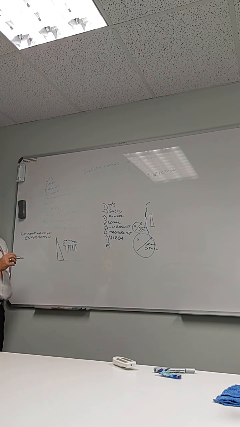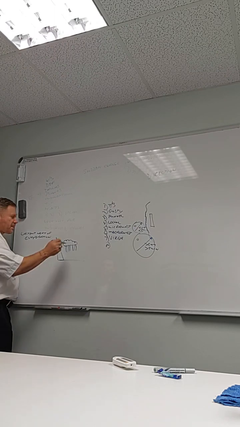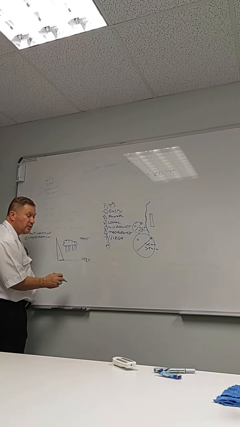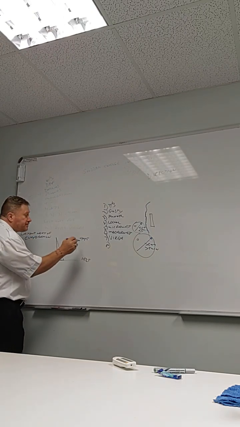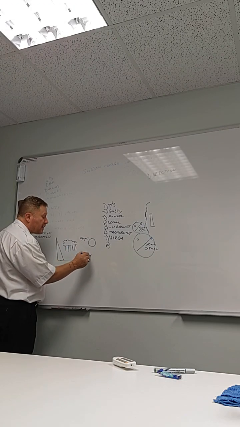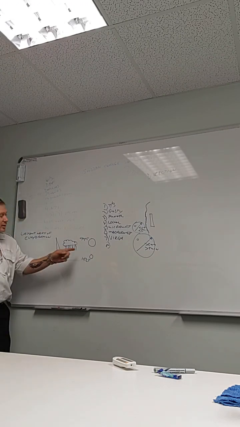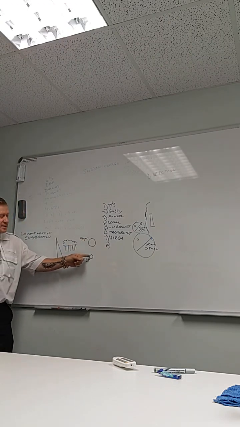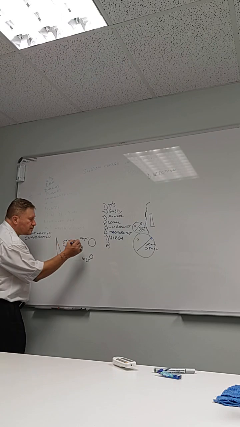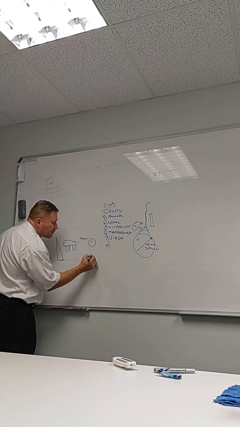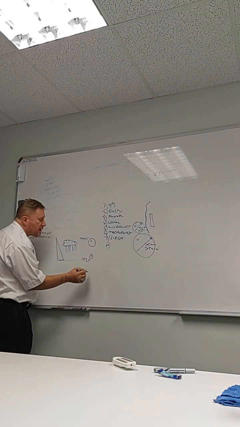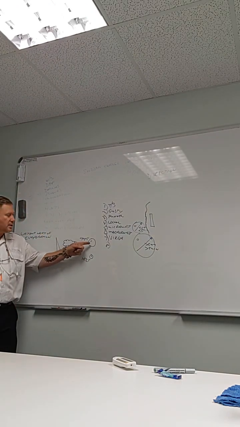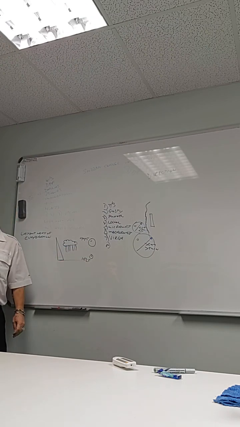Okay. But wait, that's not all. I sound like a very mock salesman. Over here, the QNH might be 995. Down here, the QNH might be 1025. So if I've got a balloon, at this altitude, the balloon's going to be that big. Over here, the balloon's going to be that big. The total calorie value of the energy inside that balloon is still the same, but it's occupying less space. So if I take a square centimeter out of that balloon and a square centimeter out of this balloon, the square centimeter's temperature will be higher because more energy is concentrated in there due to it being compressed into a smaller area.